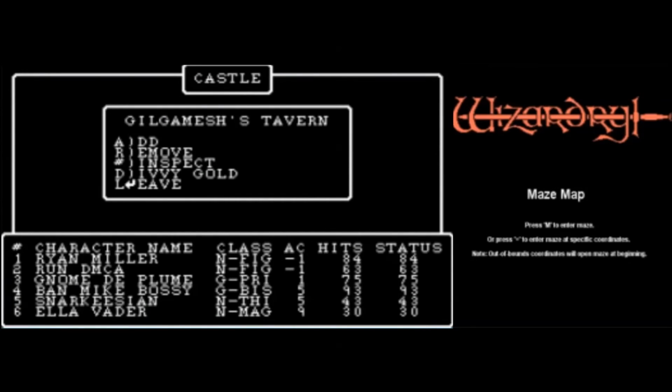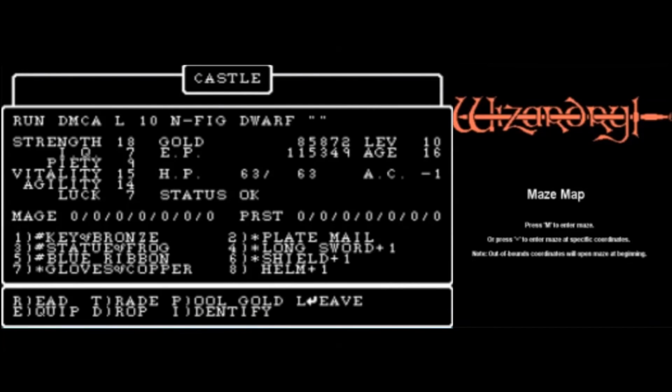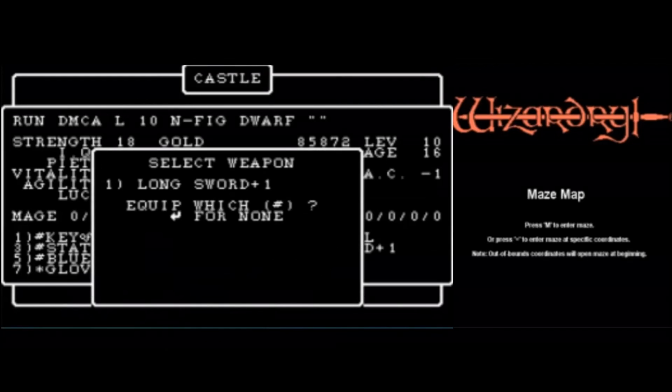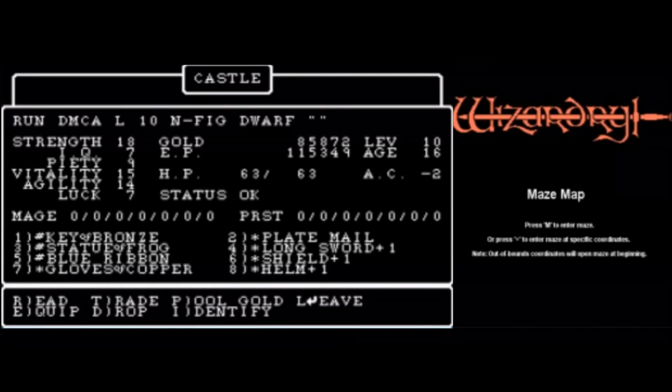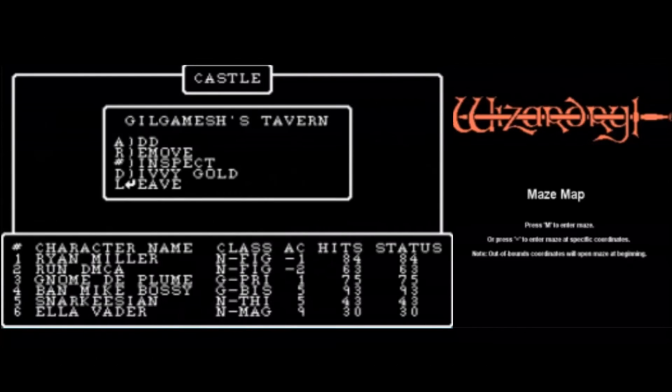And then we're going to inspect Run DMCA, and he is going to equip longsword, plate mail, shield +1, and a +1 helm and gloves of copper. Look at that, he's got a -2 armor class now without any spells cast on him or the party. Nice. Alright, let's get back down to the